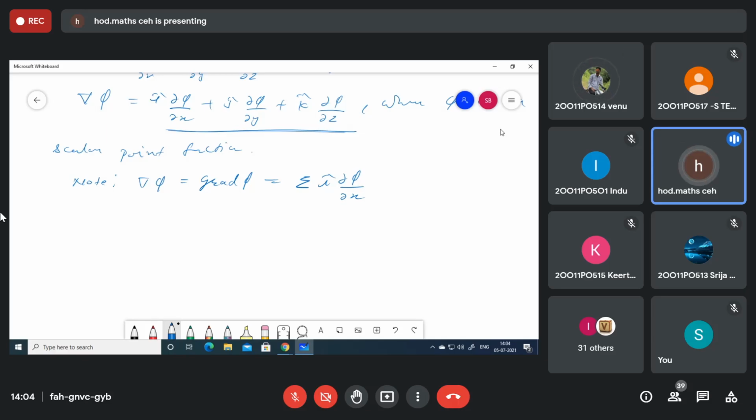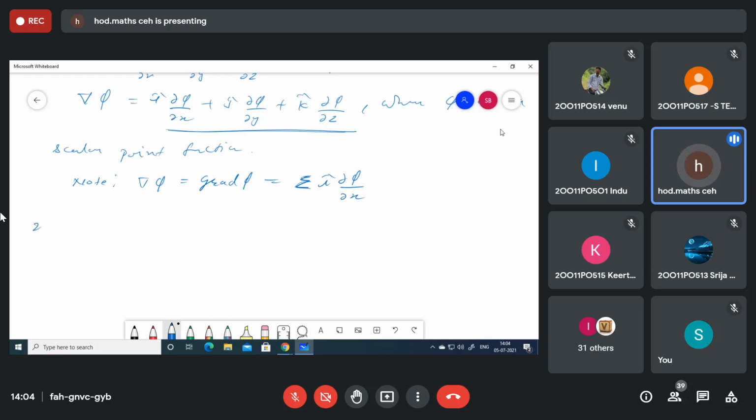Okay, so now onwards in many problems, instead of writing all three terms, I can just mention this summation sign and write down one term, i dou phi by dou x. That means if you remove this summation sign, what expansion should I get? i dou phi by dou x plus j dou phi by dou y plus k dou phi by dou z. So this is the operator del, the vector differential operator.